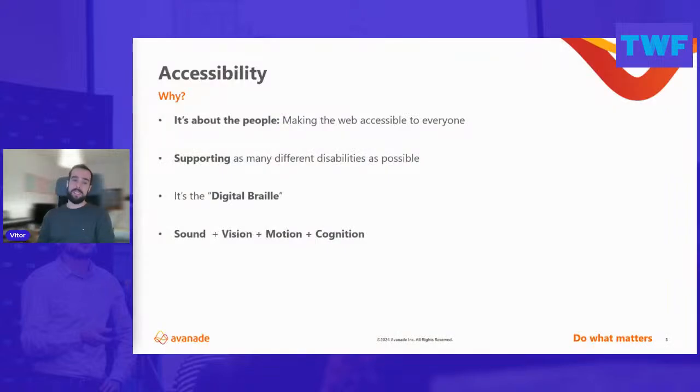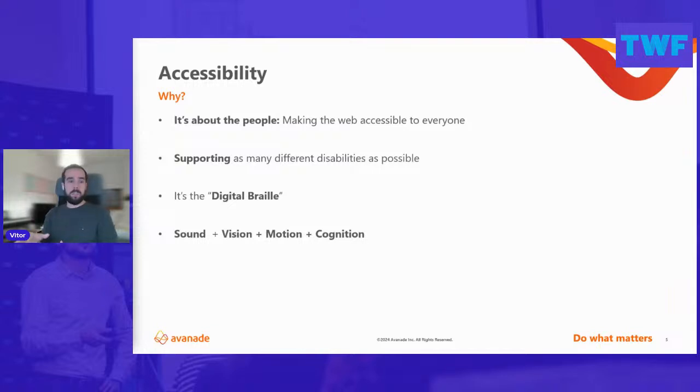So accessibility. Why are we talking about accessibility today? Accessibility is essentially important in a world that is becoming, well, I think we are already in it, an online world, where so many things became available online, and even some people work remotely. More and more things are becoming available online, and we need to make sure that we make the web